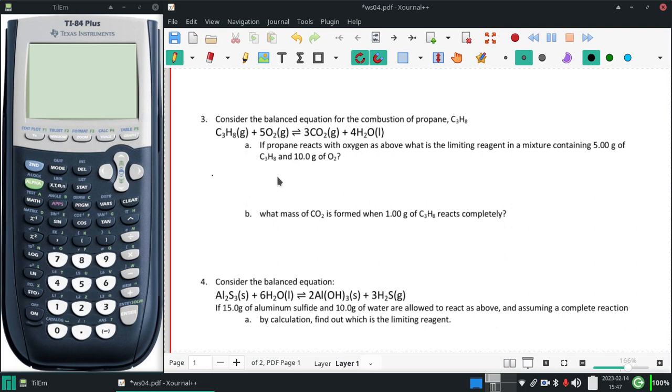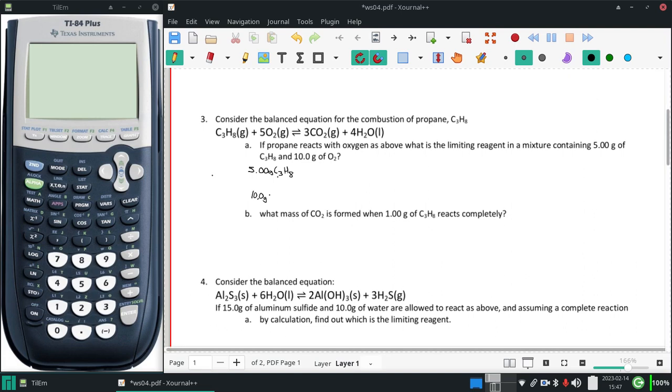All right, there is more than one way to solve a limiting reagent problem. So typically when I look at this, I'm thinking of a two-part type question, and I want to look at what B asked for and see if it's a follow-up to this. Because had it asked in part B what's the total yield of CO2 using either the 10 or 5, we would do two different equations. One where we take that 5 grams of C3H8 and one where we take 10 grams of O2, sorry. And what we do is convert both of these into a mass of CO2. But part B doesn't ask anything about that. It asks if